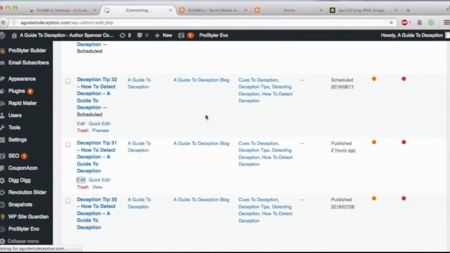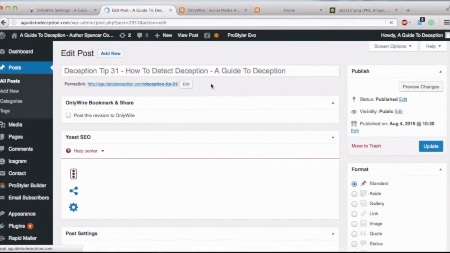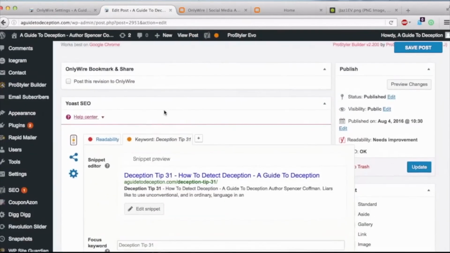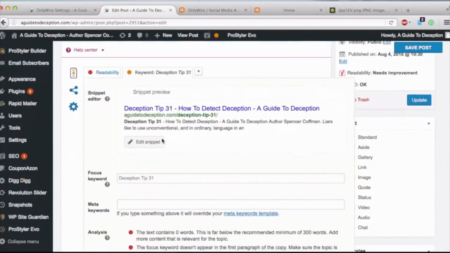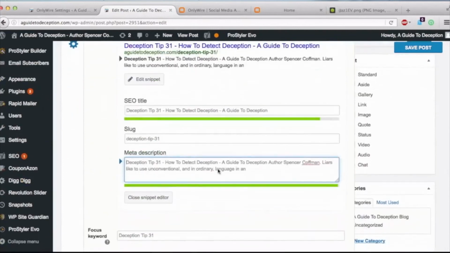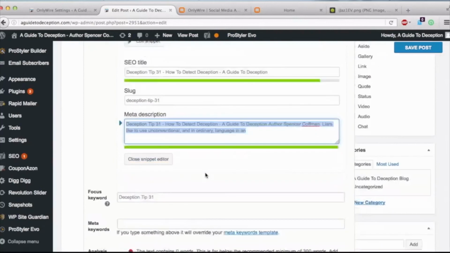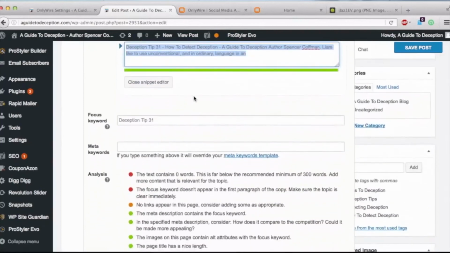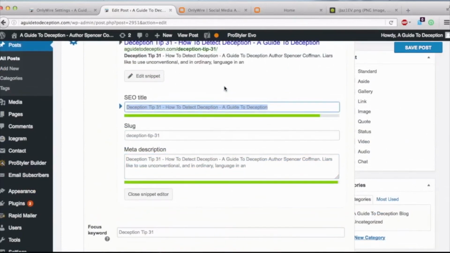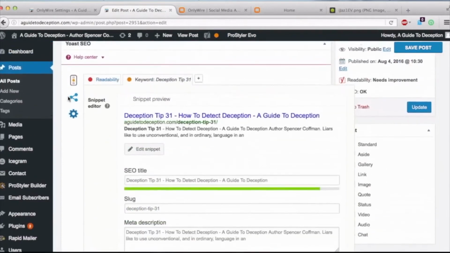What OnlyWire should do, or what any social network plugin should do, is instead of relying on the other meta content, why don't they just do like Yoast SEO? Simply throw in a little thing right here that says, yeah, edit your meta content. And this right here is what will be posted or shared in OnlyWire. And how about add a featured image, and that will be what's shared. Add a title, and that will be what's shared.